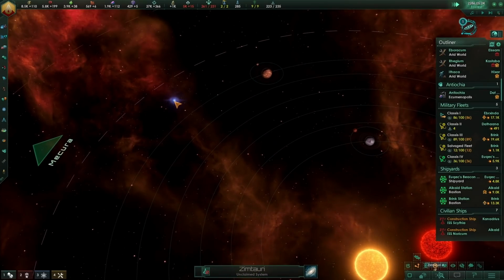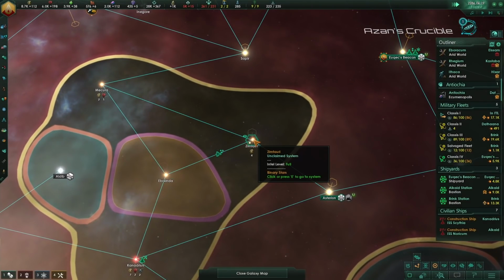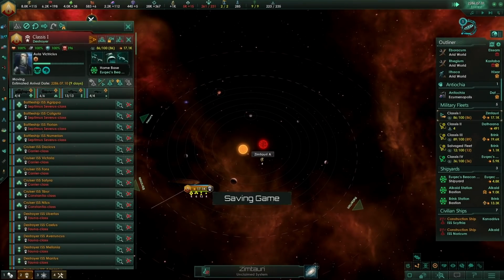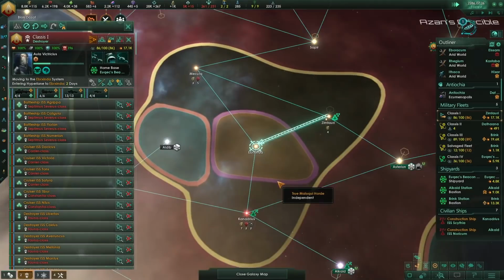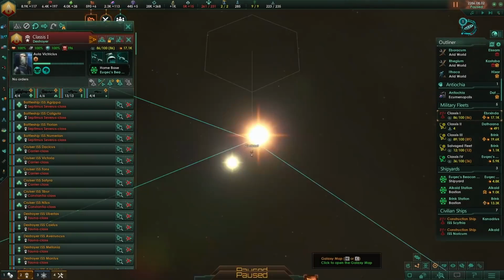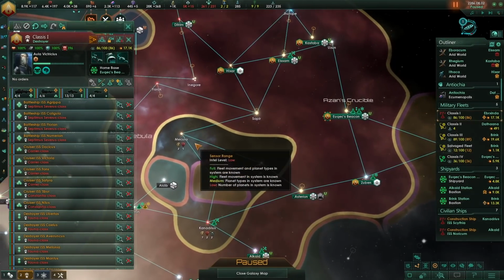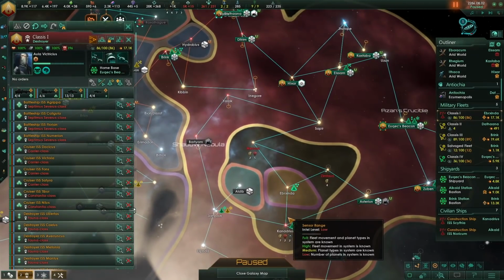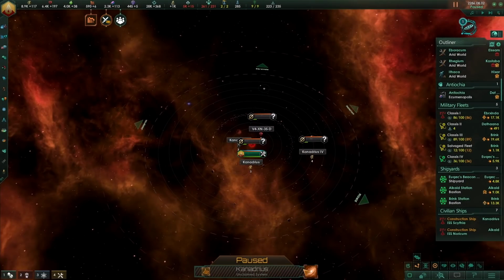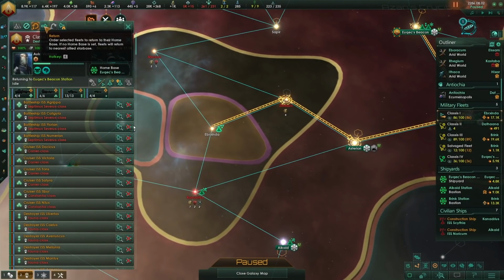Well, can we do that for our regular ships? Yes, we can for our military ships. Let's bring this fleet back and we'll jump back here. So what we're going to do, and this is something that is usually banned in multiplayer, but you can use it to your heart's content against the computer, is restrict all of the systems adjacent to our fleet. What that is going to do is mean our fleet has no path to return home when we